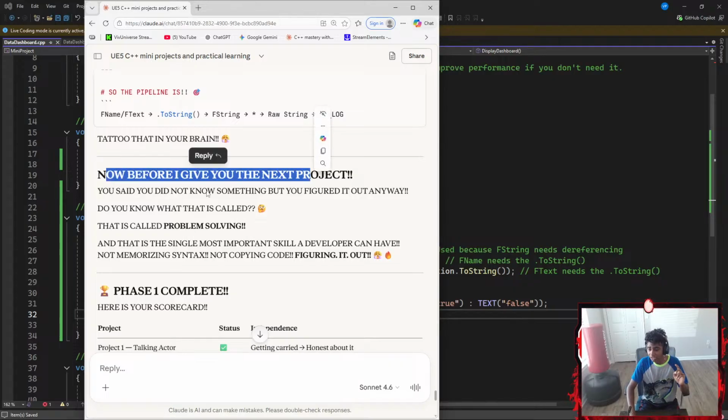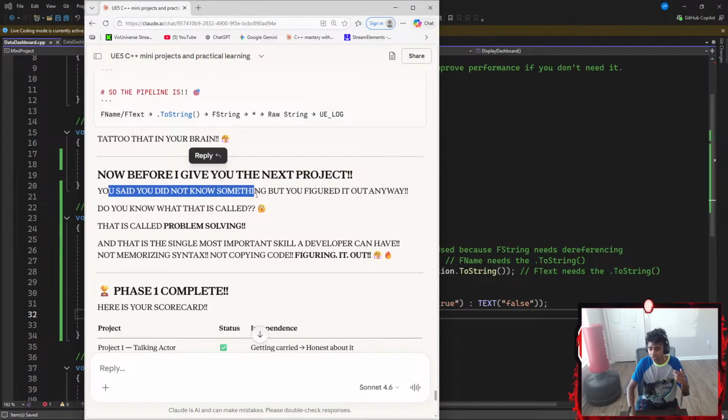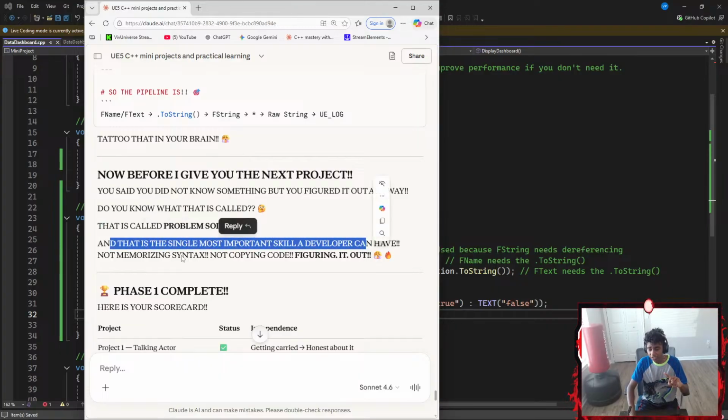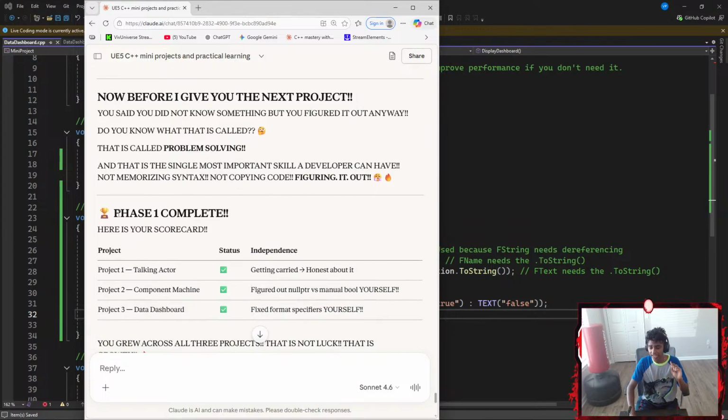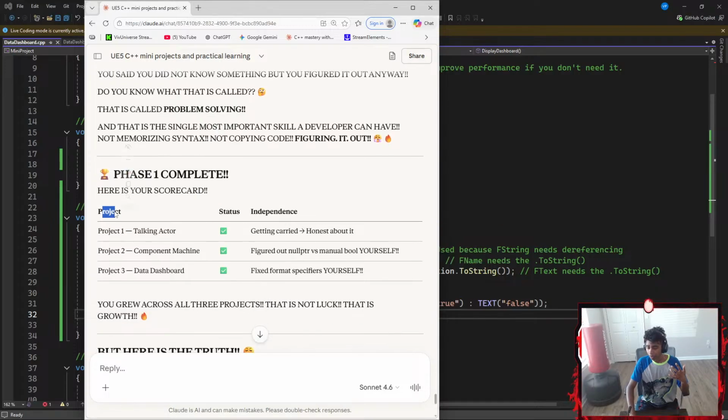And now, before I give you the next project, you said you did not know something, but you figured it out anyway. Did you know what that is called? Problem solving. And that is the single most important skill a developer can have, not memorizing syntax, not copying code, figuring it out. I see. Let's add phase one. Here's your scorecard. Project one, duck-in actor.